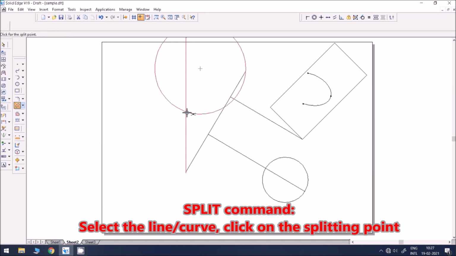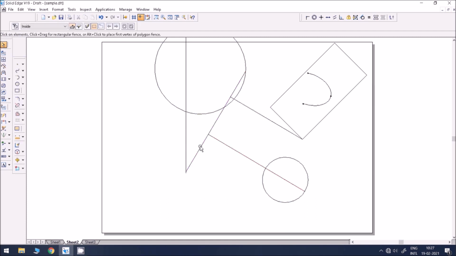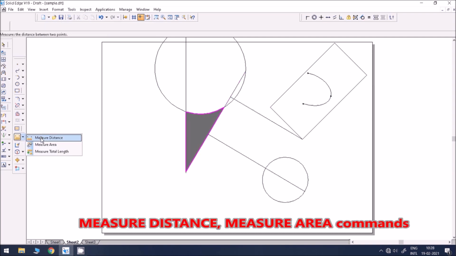Select the curve or line which is to be split and pick the splitting point. Measure distance and measure area are useful for measuring distance between any two entities or measuring an area.